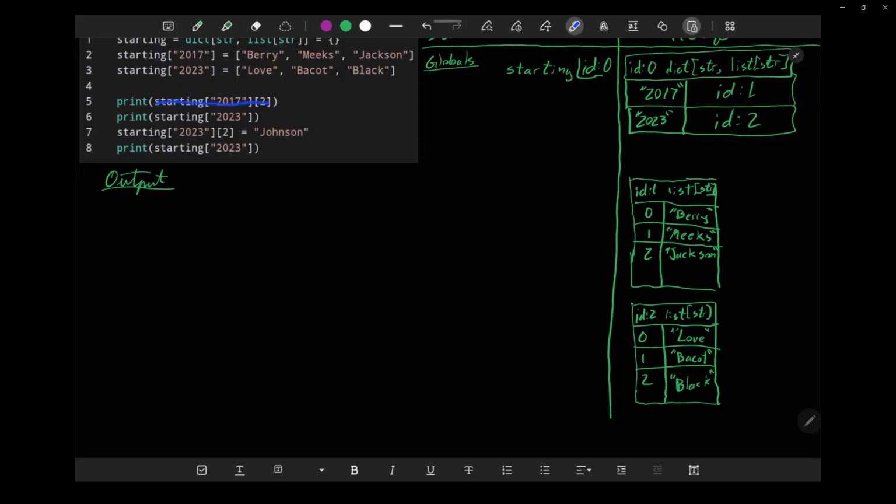So this whole thing is replaced with, so we're printing out,